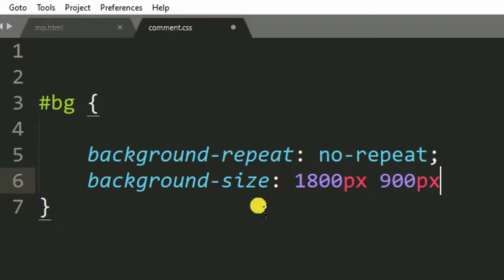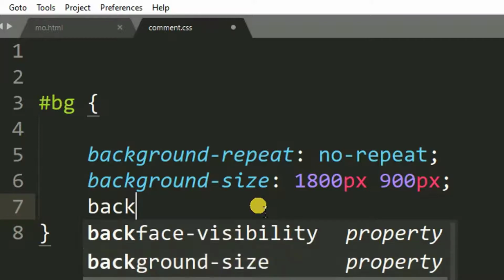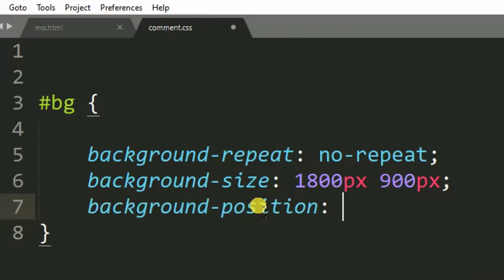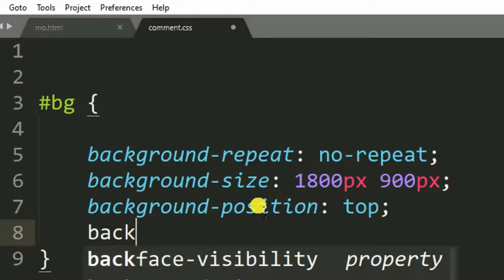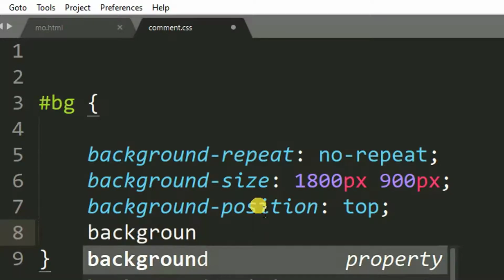Then after, let's set another property, background position. Let me set it to top, right? Then after, we need to set background attachment, yes, fixed.